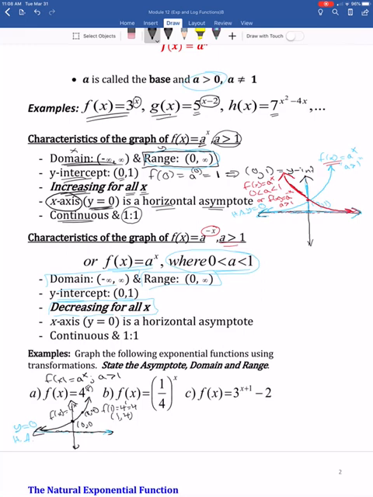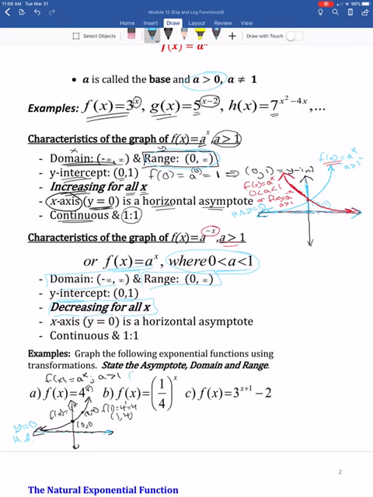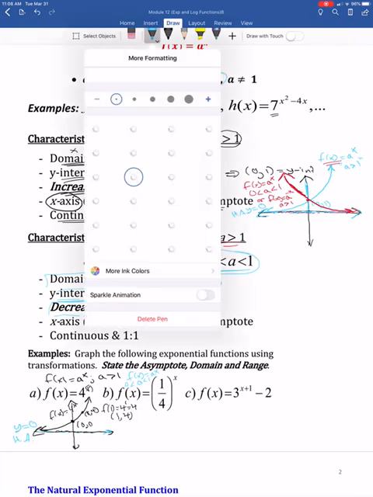Now, as we look at example B, we have a base of 1/4. So here's a function, and we'll put this one in a different color. In this function, we've got a function of the form a to the x, but this time we have a being greater than 0, but less than 1. So what happens graphically is it decreases for all x values. So as we're going to look at our graph of this exponential,